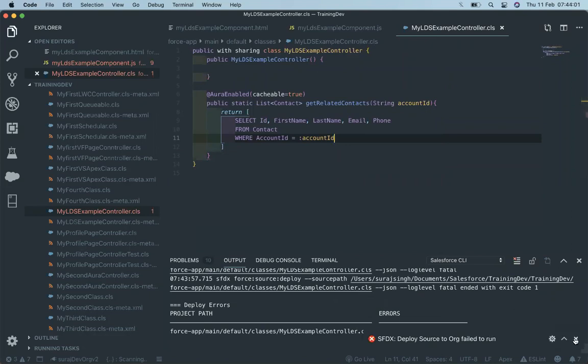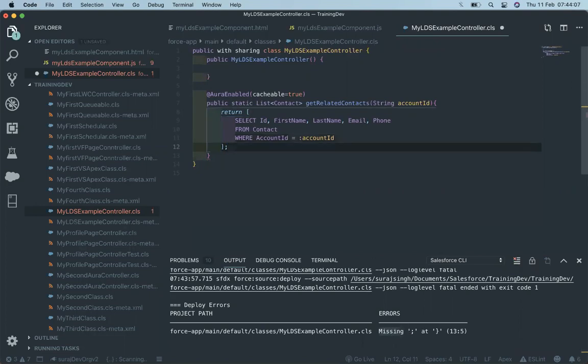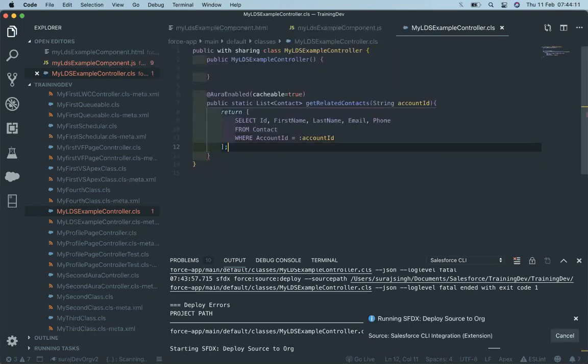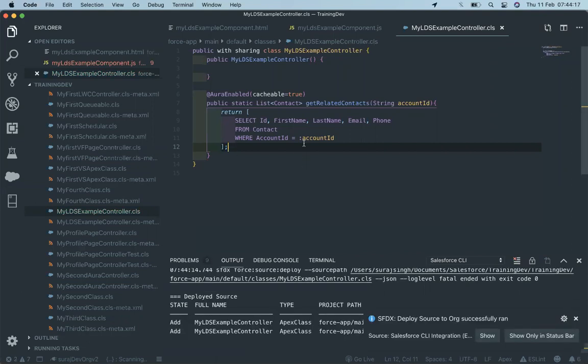Error, what's the error? Missing semicolon, okay. Okay, it's deployed. Now I need to use this controller method inside my LWC.